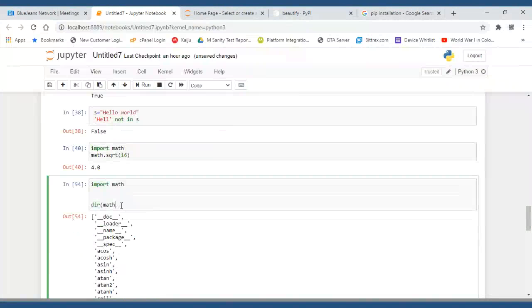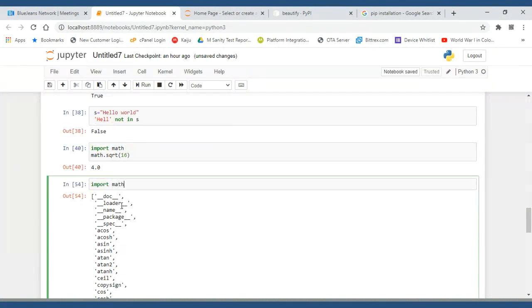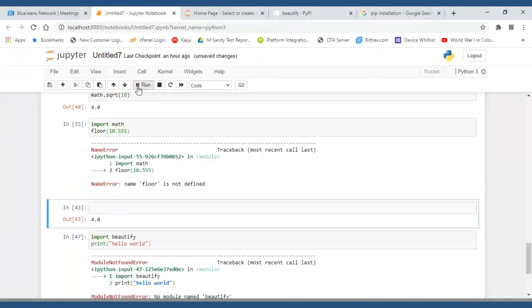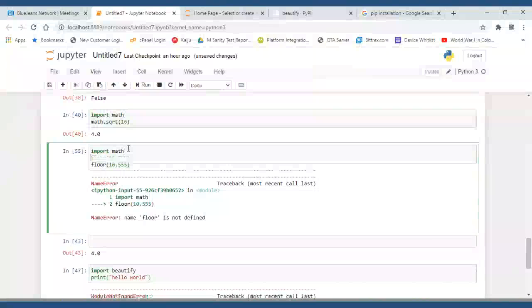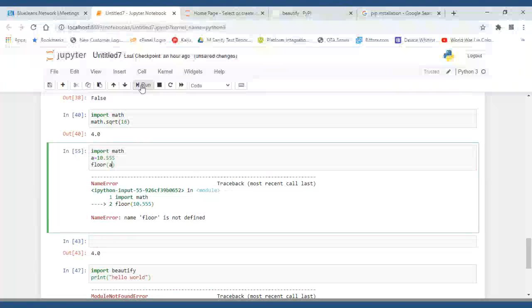Why am I not getting it? Math, floor, floor of 10.555, say for example. Why is floor not defined? Okay, A is equal to 10.555 and floor of A. Let me run this.